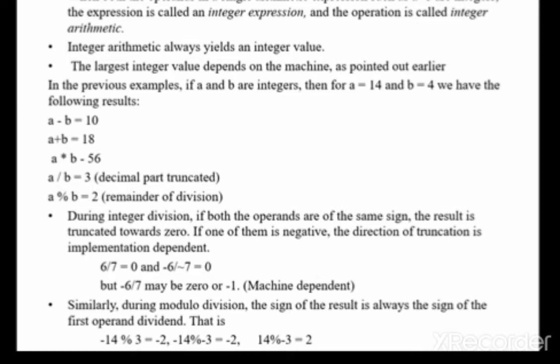Integer arithmetic always yields an integer value.